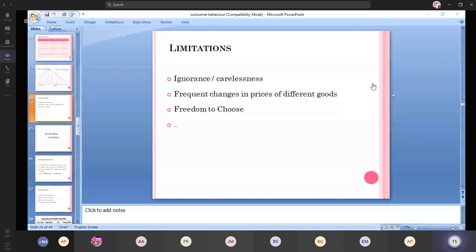Yeah, okay, guys. So this is the end of the cardinal utility analysis, and we have one more thing which is given by the same author, consumer surplus, which is in the cardinal analysis. That is based on the cardinal analysis, how a consumer gains. So that is the end of the consumer surplus based on the cardinal analysis. So we will continue in tomorrow's class.